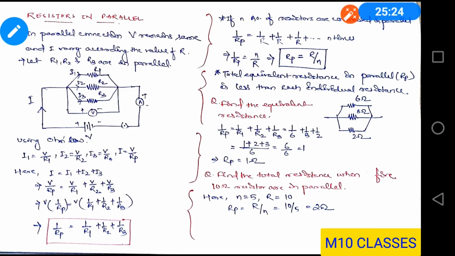And now resistors in parallel. As I have told you, in case of resistance in series, it is munda lanja, munda lanja, munda lanja. So what would be in parallel? When all the mundas are at one end and all the lanjas are at one end. This is called parallel connection.